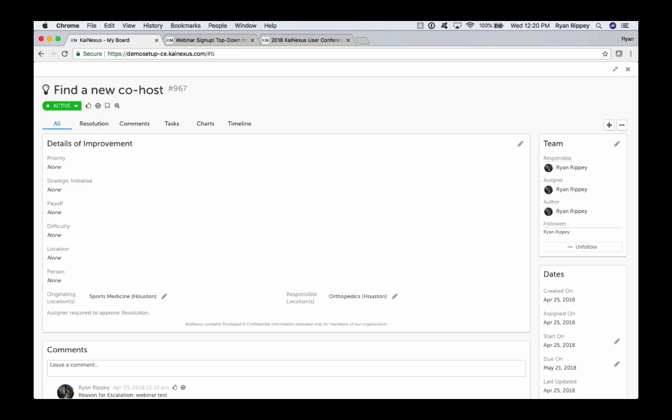Also, anyone who has an opt-in notification preference set for new improvements submitted in that new location will receive a notification, and anyone who has an opt-in notification preference set for improvements that were transferred in that location will receive a notification. Okay. Now, in terms of what you're going to be able to see here in this improvement,